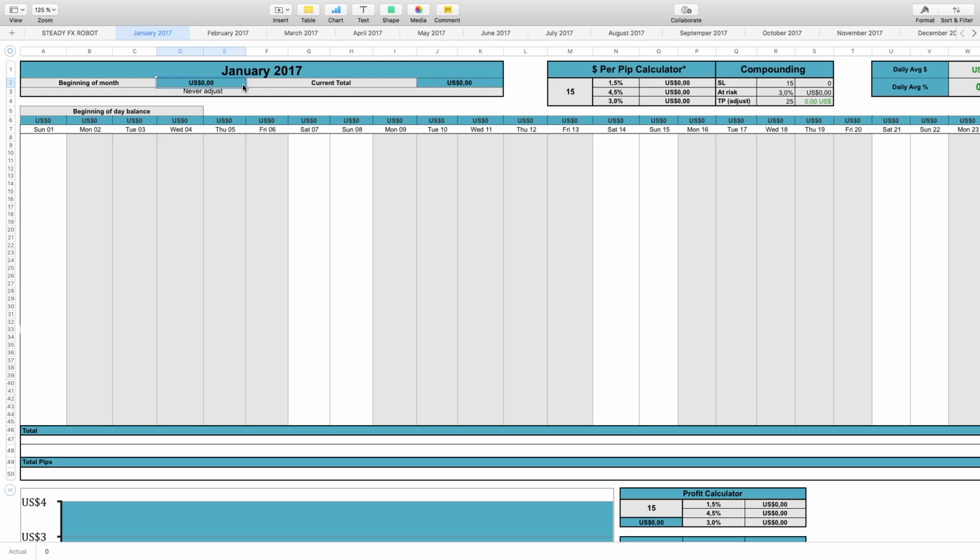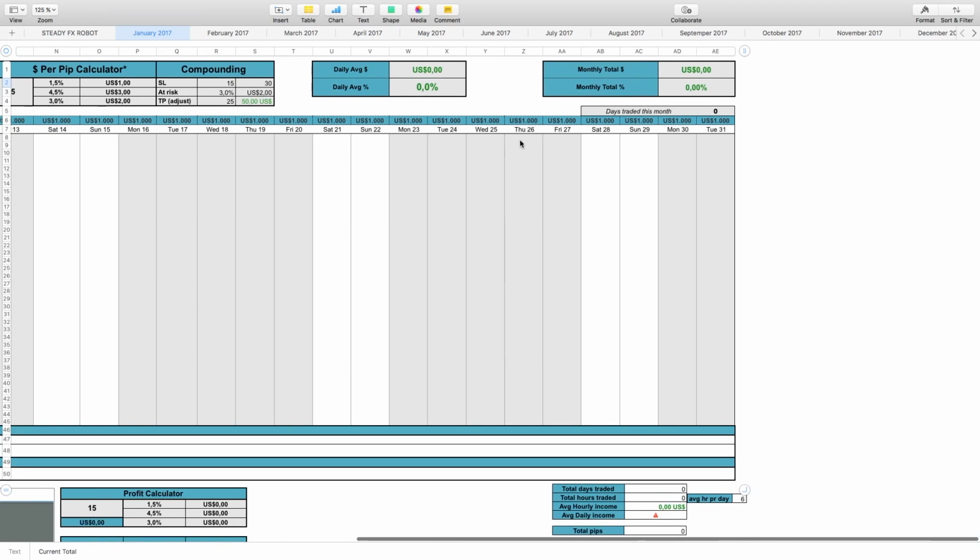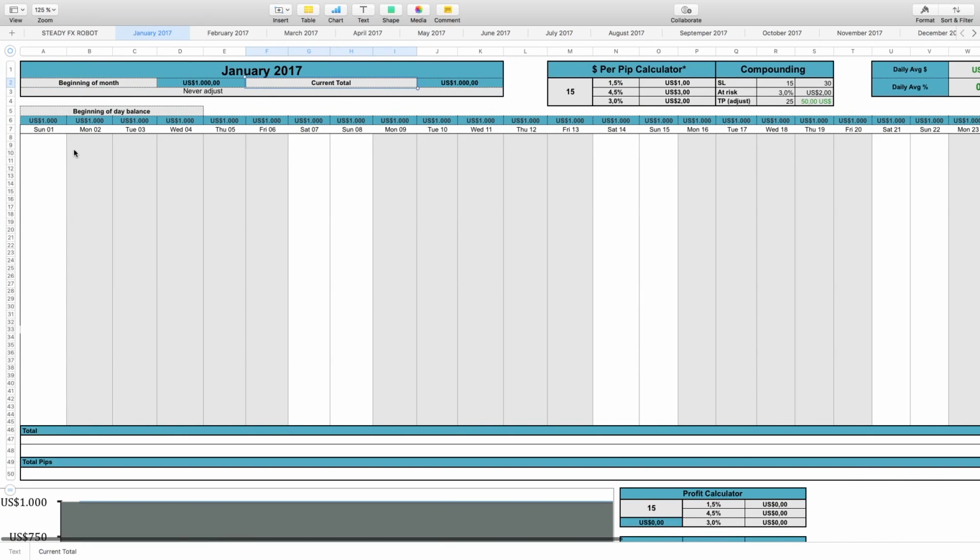This amount will never be adjusted, just so you know. So let's say you put in $1,000. Now the computer knows that your balance is $1,000. You have made nothing, but that will change, right? So if you put in, let's say, $200, we will all know that you made 20%. And you will see the total of the day down here, and you will also see the percentage of that